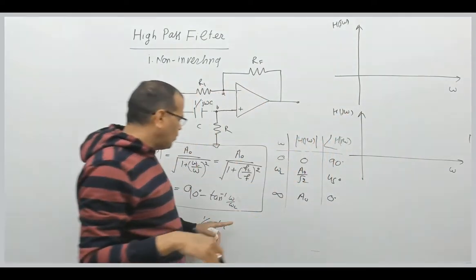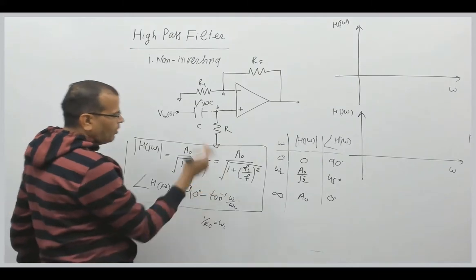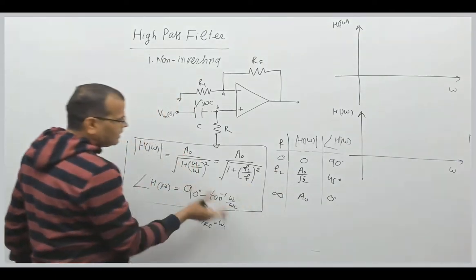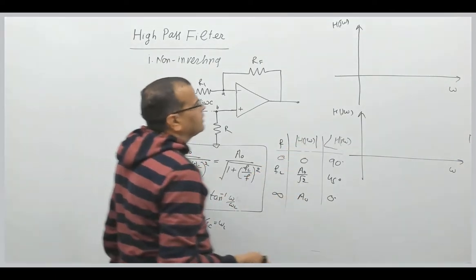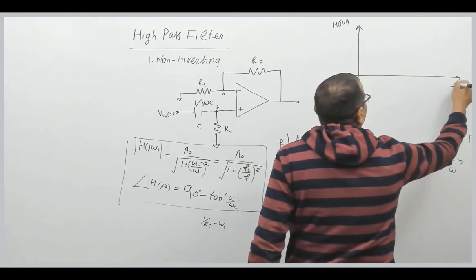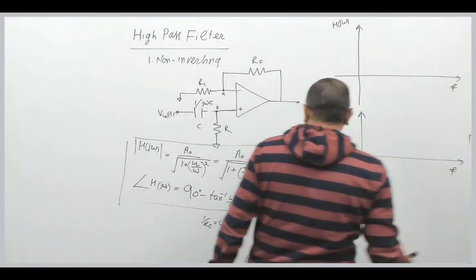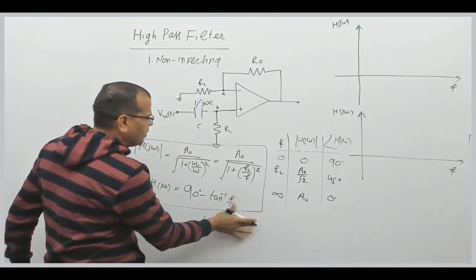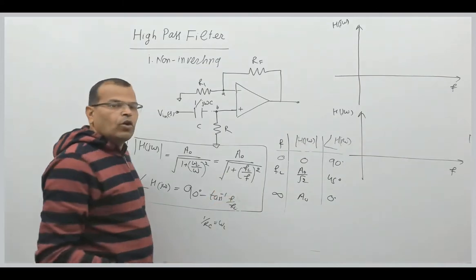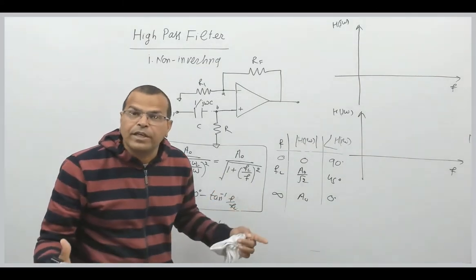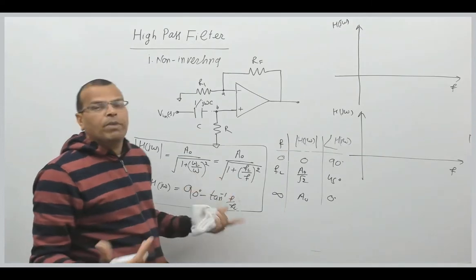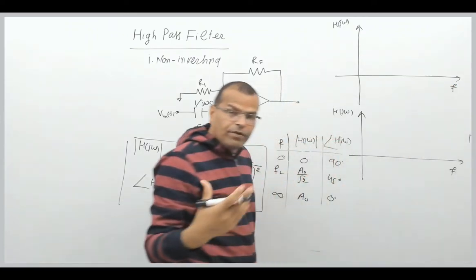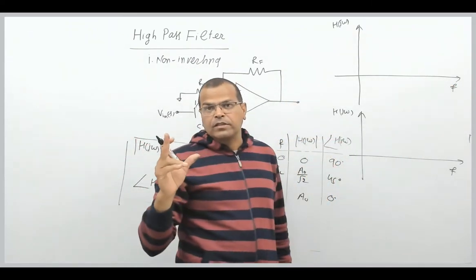Remember, normally we talk about f, so I will be taking f here instead of omega. You can take any of the variations, right? Normally we talk about f, so I am considering this expression, so this will be f by fL. Both are correct, but normally we talk about frequency in hertz, not frequency in radians per second. That's why I have replaced omega by f. Normally we talk about variation in magnitude as a function of f, not omega, in filters, right?